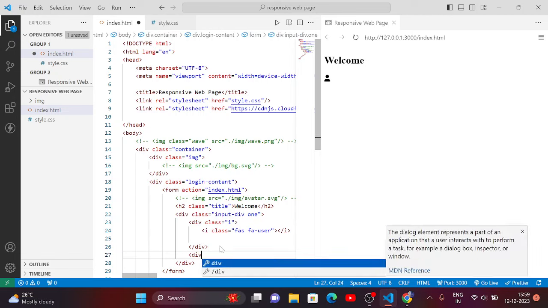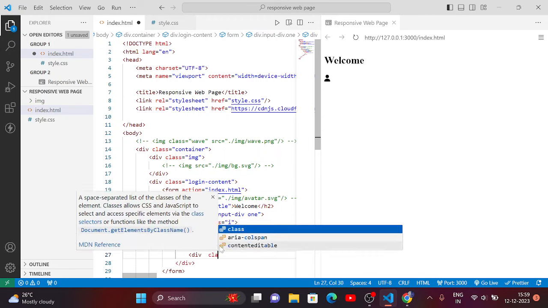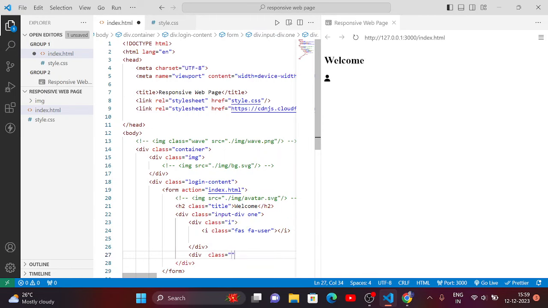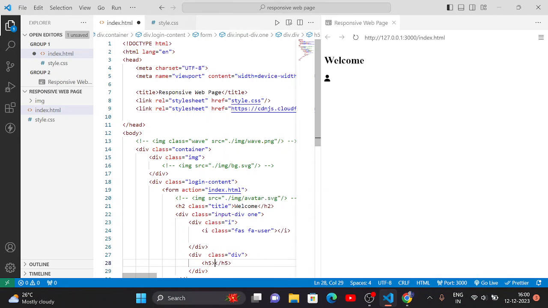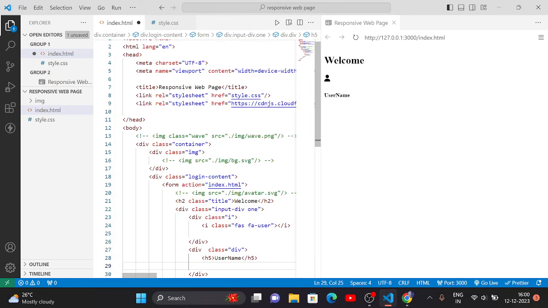Again, we will be having a second div. I'll just put a class name of div, and in this div we will be having a heading first. Okay, we can use h5. So it will be having a username. Okay, username should come, the heading should close, then we should have an input box,